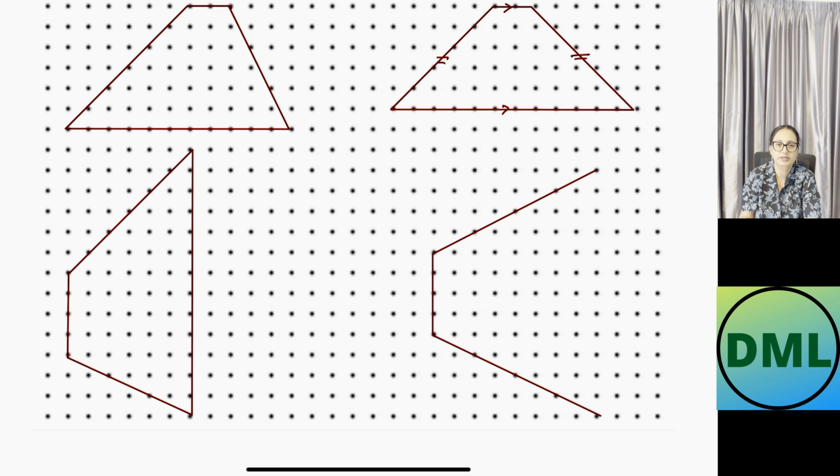You can draw the isosceles trapezium by taking the parallel lines as the vertical side also. Let's draw the vertical side of 4 units. I have drawn one slanted side on this side, one slanted side on this side. How many units did I pick? 1, 2, 3, 4 units. Let's see that, 1, 2, 3, 4 units. The non-parallel sides are of same length. I need to join this with this one to complete my trapezium. Let's join this to complete the trapezium. This is also my trapezium in which this side and this side are parallel to each other and the other two sides are of same length.